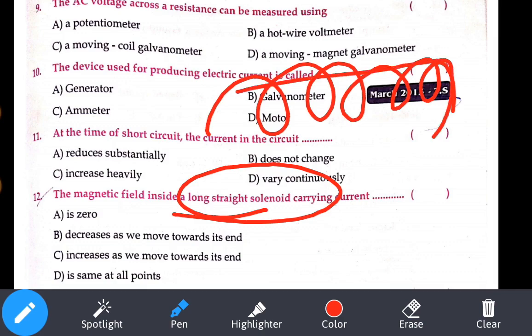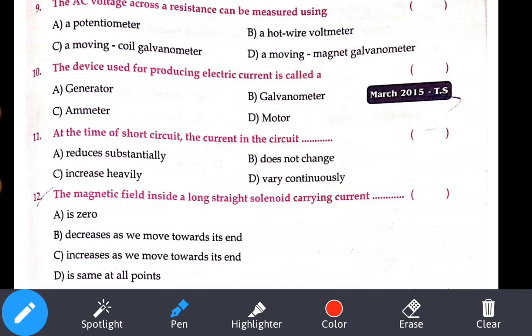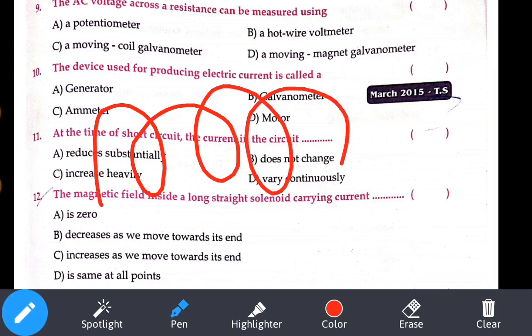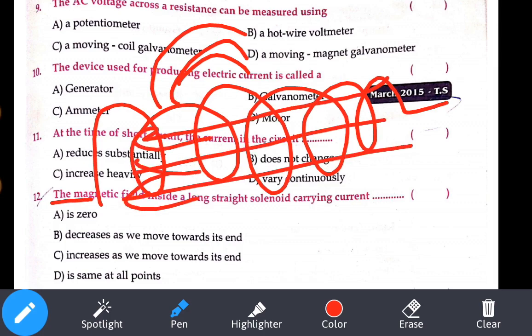So solenoid will appear like what? Solenoid will appear like a bar magnet. So whatever the magnetic field the solenoid generates, it looks similar to the magnetic field generated by a bar magnet. Outside the solenoid the magnetic field will be non-uniform, but inside it all the magnetic field lines will be moving parallel, so it will be uniform.